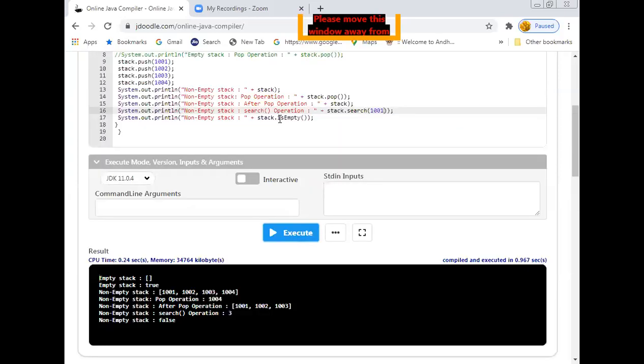And last, I would like to verify once again whether the stack is empty or not. As you know, it is not empty up to now because it contains 3 elements: 1001, 1002, and 1003. Anyway, we are trying to verify whether it is empty or not. So in this case, what are we expecting? We are expecting false as a result because the stack contains some elements. Only if the stack contains no element does it result in the true value, right? So you can observe the last output, false, because it contains certain elements. So this is the way you can implement the stack operations, right? And 1 minute.